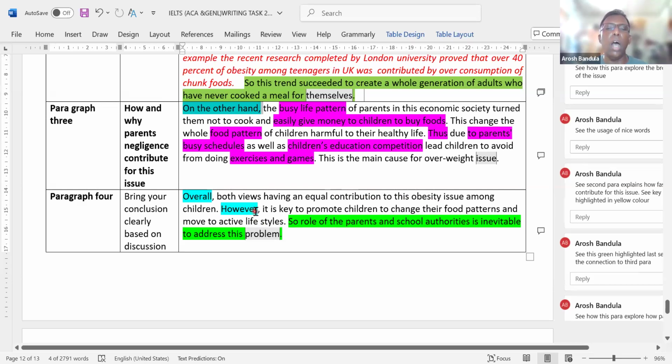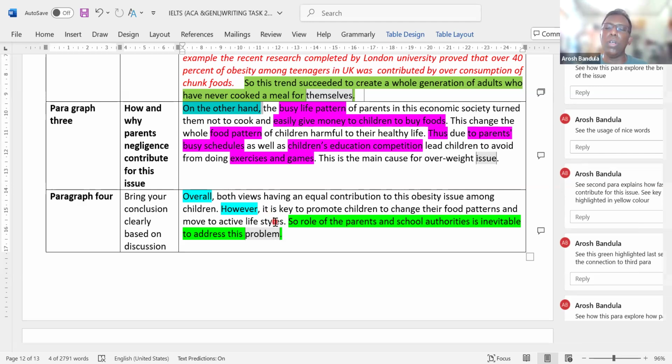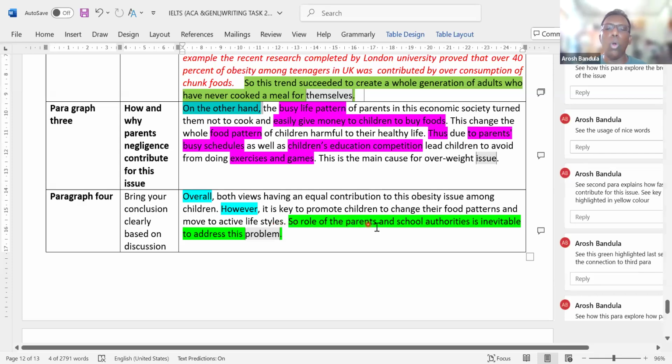However, it is key to promote children to change their food patterns and move to active lifestyles. It is key to promote children to do changes of their food patterns and active lifestyle. So, the role of the parents and the school authorities is inevitable